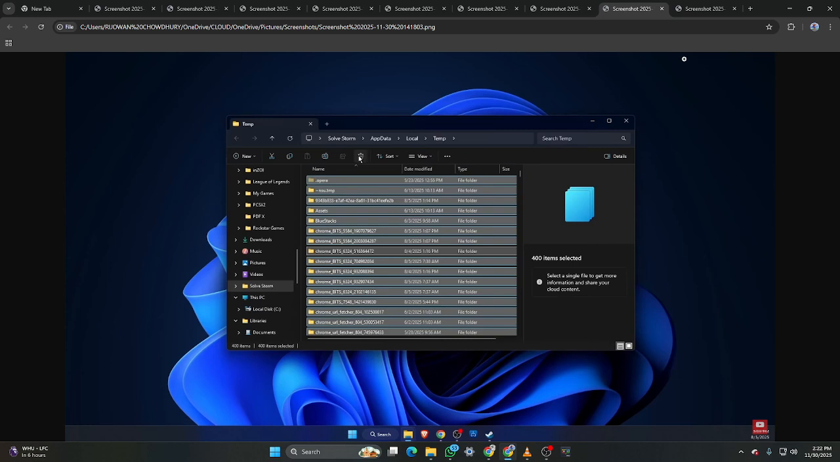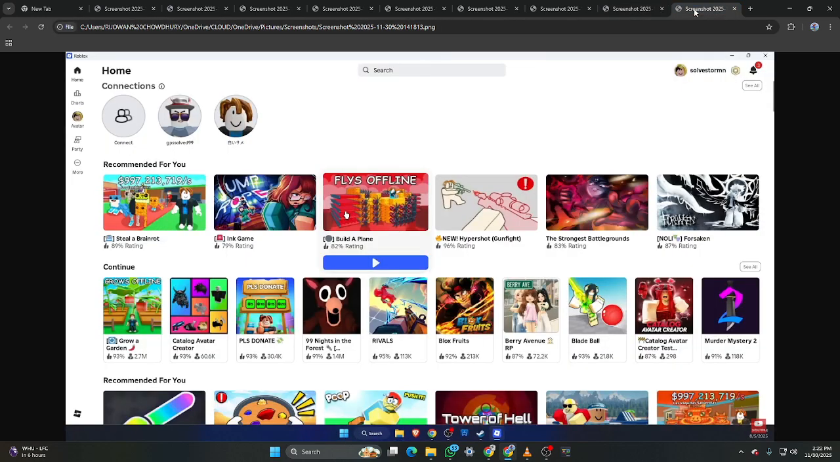After clearing everything, the most important step is to restart your PC. This refreshes the system and ensures all changes apply correctly. Once your computer boots back up, launch Roblox again. In most cases, the error disappears instantly, and you should be able to jump right back into your games without any issues. Hopefully, this helped you fix error code